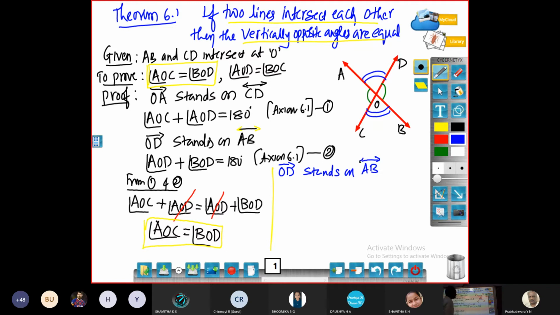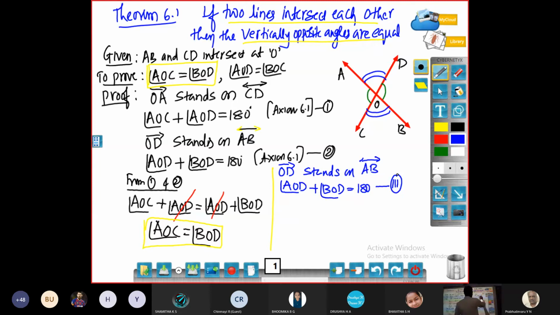Similarly, you write the adjacent angle from this. OD is a ray, same thing. That is equation 2 you have written. OD stands on AB. This is the same as equation 2. So let me write these angles as AOD, adjacent angles. AOD plus BOD is equal to 180 degrees. So this is equation 2 itself. If you want to prove separately, you can write it as 3.